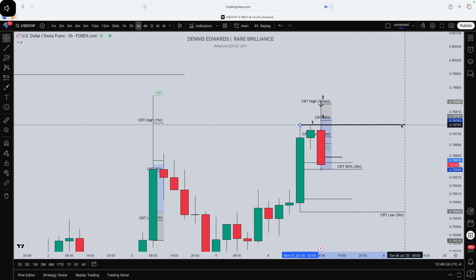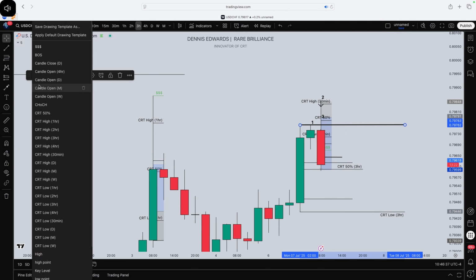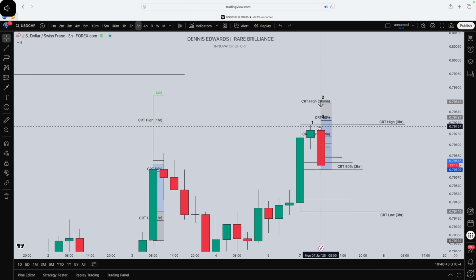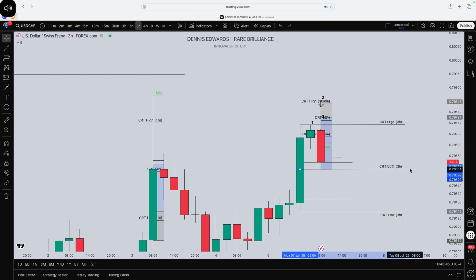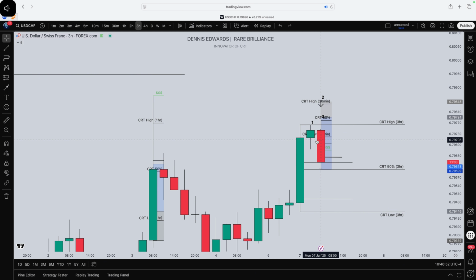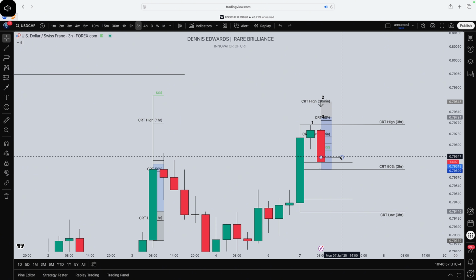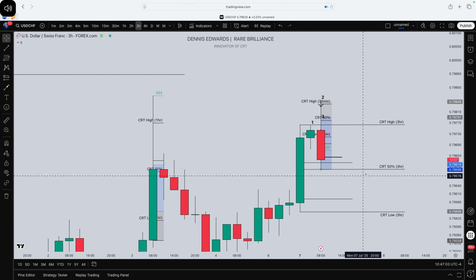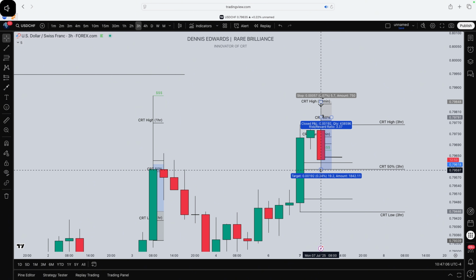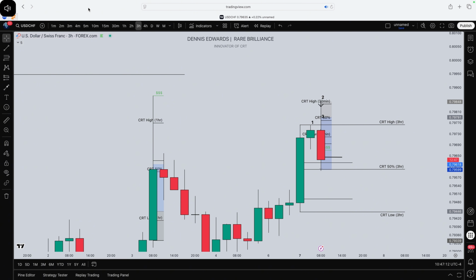What I mean is, this range holds the key to everything. So this would be a CRT high from the 3-hour candle, right? Then you have your 50% here. Now, as you can see, prior to this, it was already a Monday. I didn't really want to hold. I was pretty skeptical. And I remember at a certain time, I said on camera that once price comes to this 50%, I would love to exit. And soon as I seen price was at this 50% level, I